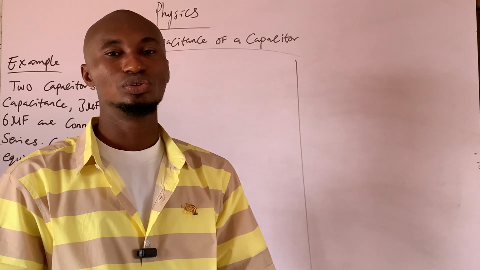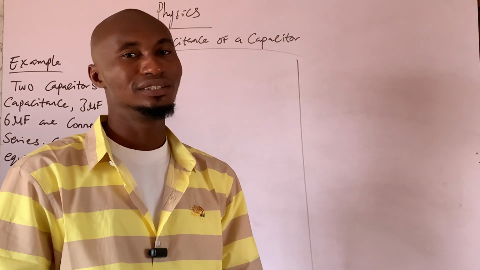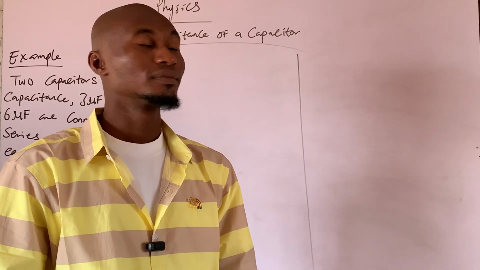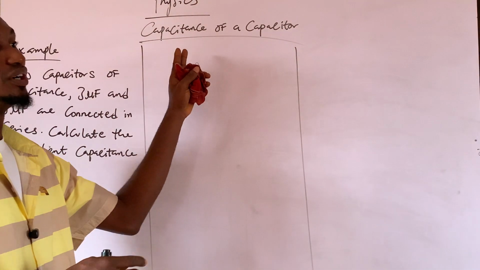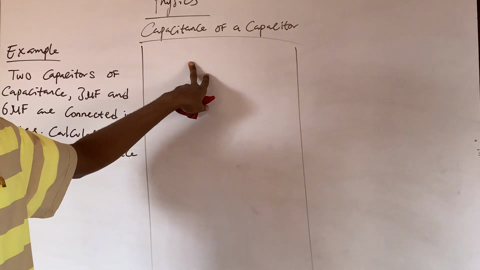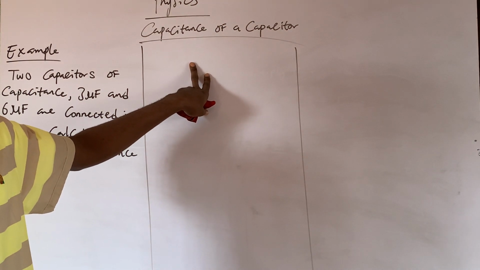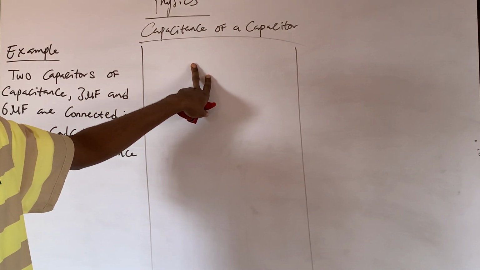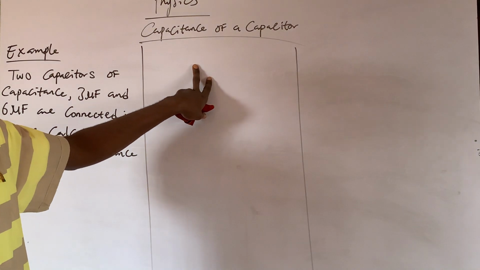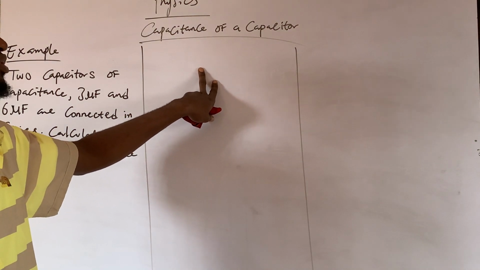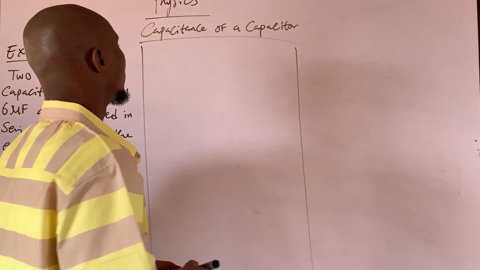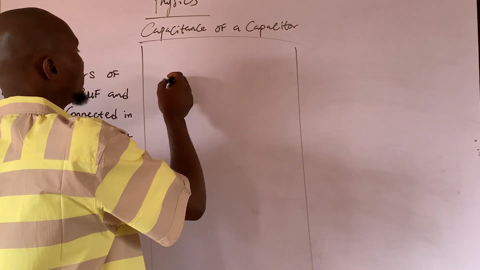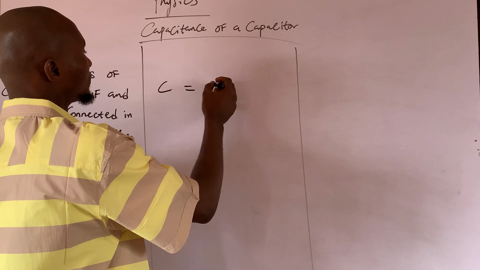Capacitance is the ratio of the electric charge across the potential difference of a parallel plate of a capacitor. Now, what is the formula for capacitance? The formula for capacitance is C equals to